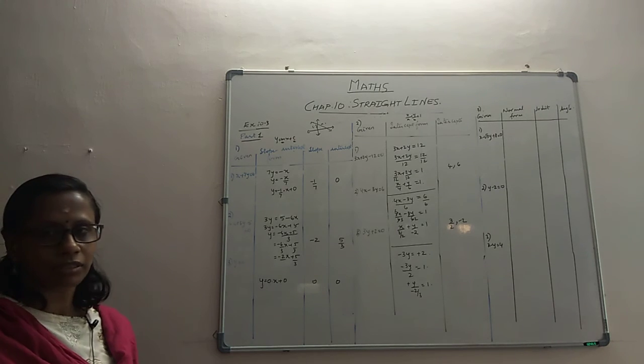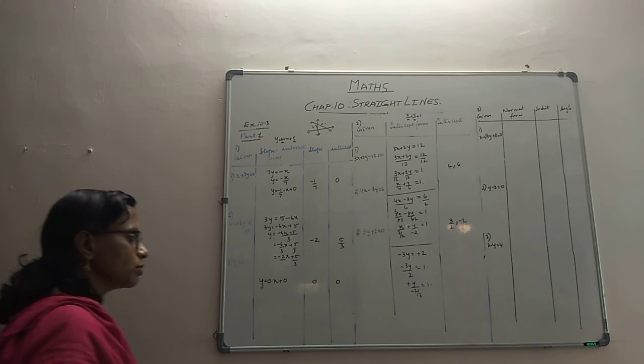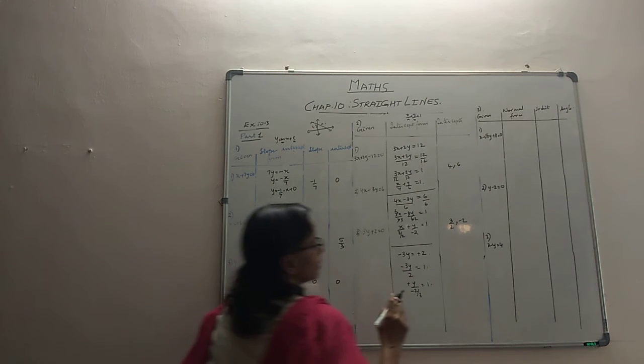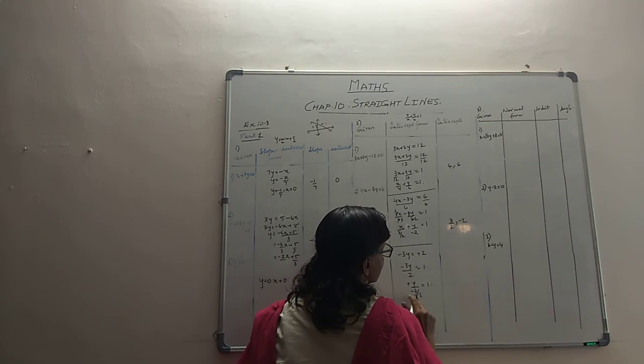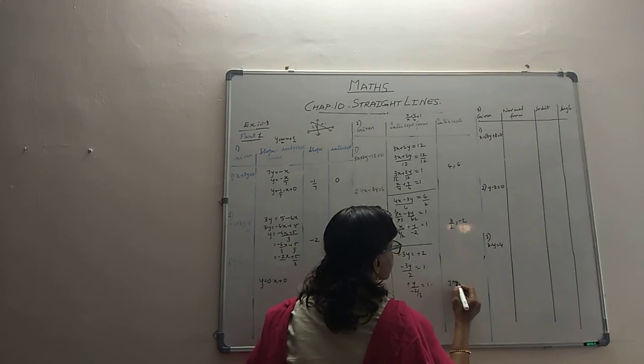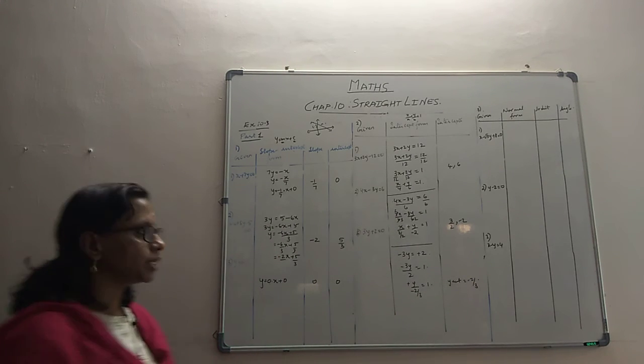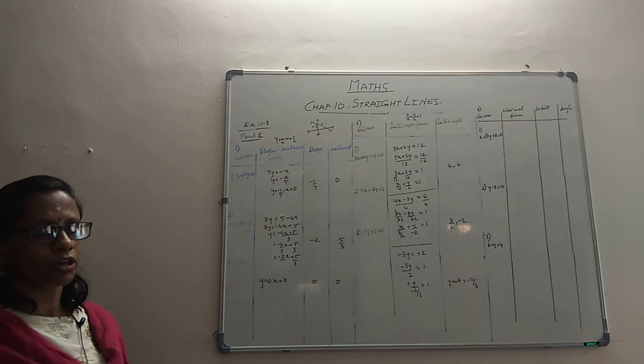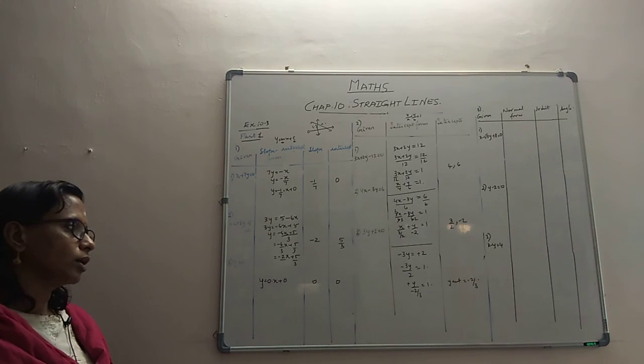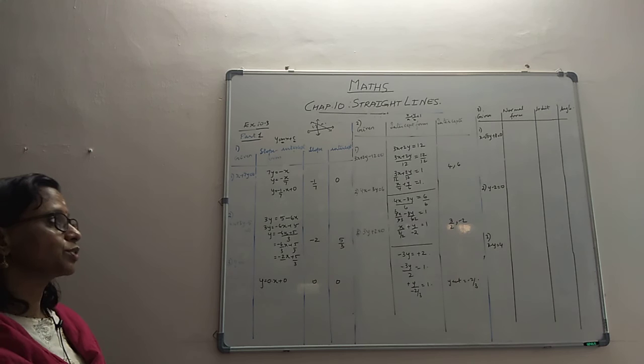And x, of course, the term itself is not existing, so we don't talk much about it. You have the y-intercept as minus 2 by 3. So the y-intercept is minus 2 by 3. That's what we have over here. That's how we change the terms and we got it like that. Okay, so that's how we go about this question.